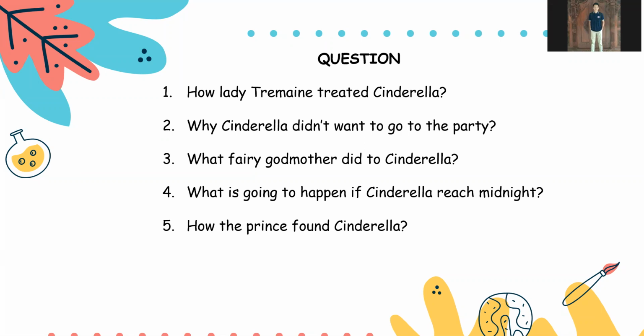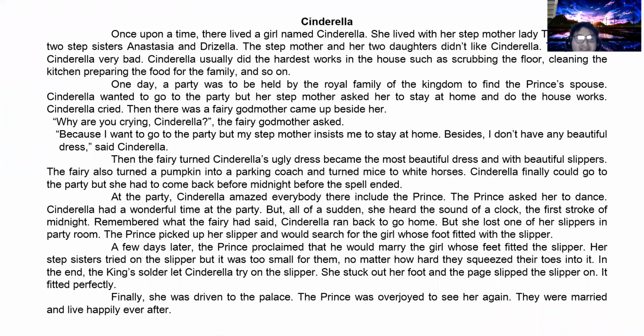And also she turned a pumpkin into a coach and turned mice into white horses. Okay, that is the detailed answer. We can find the answers in the third paragraph. It is already stated in the story. The fairy turned Cinderella's ugly dress into the most beautiful dress, with beautiful slippers. The fairy also turned a pumpkin into a party coach and turned mice into white horses. Cinderella finally could go to the party, but she had to come back before midnight, before the spell